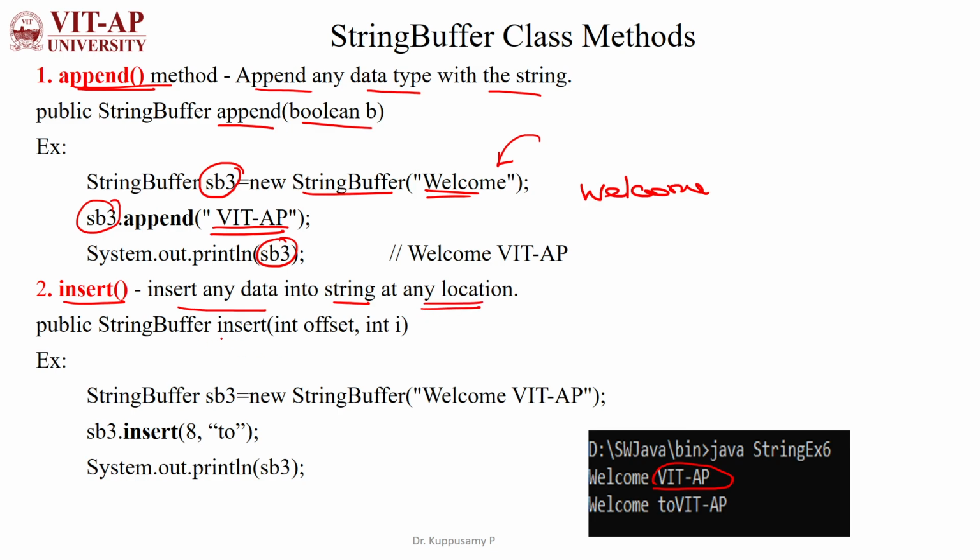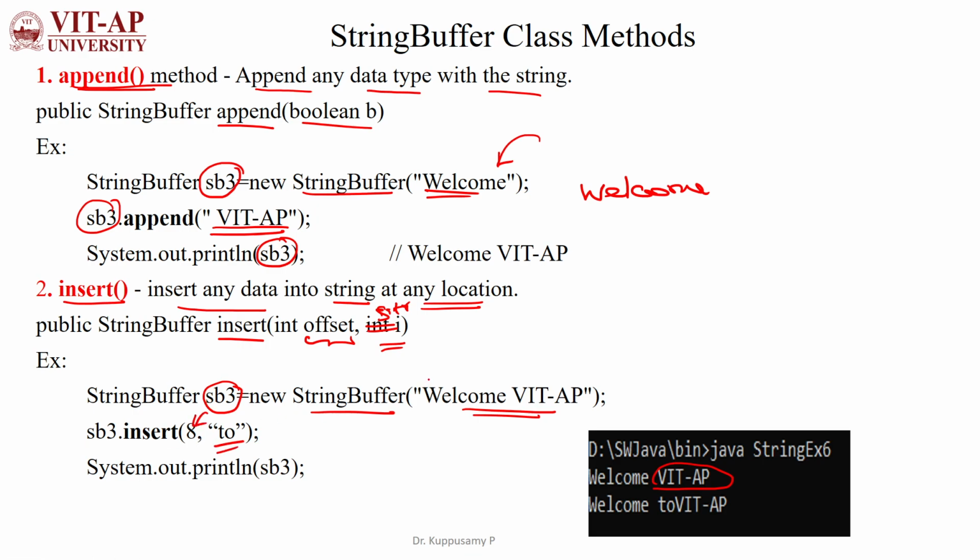So here we will have the method insert with the position, the offset, an integer, and the string. So here we are passing those values. So insert here, this is the offset, and here we will pass the string. And here sb3 we are having string buffer welcome VIT, and I want to insert the 2 at the